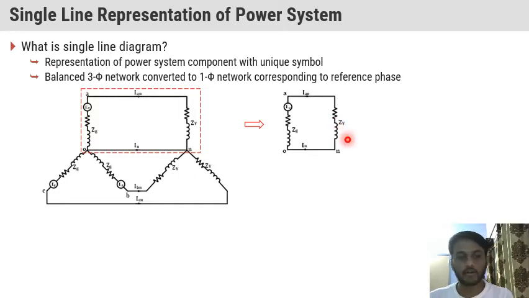Here we have another component represented by a resistance and reactance. So it might be a load, some type of reactive load, which has two components: a resistance and a reactance. So this might be your load. This generator is a three-phase generator, and it is connected with a three-phase load.